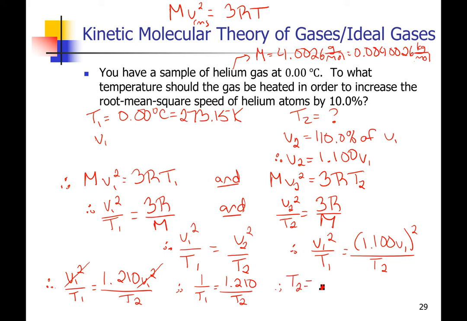T2 is equal to 1.210 T1, and I can plug some numbers in, and that was 273.15 Kelvin, and therefore my final answer is 330.5 Kelvin, or 57.4 degrees C. And the values that we've calculated here are consistent with the values that we measure experimentally, and that demonstrates that helium, therefore, under these conditions,